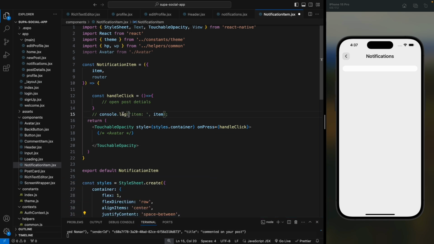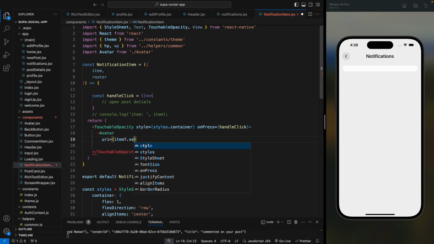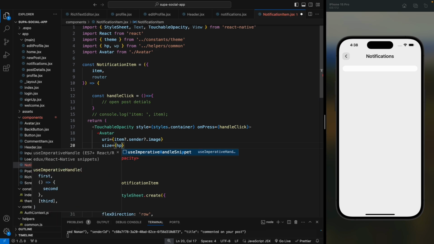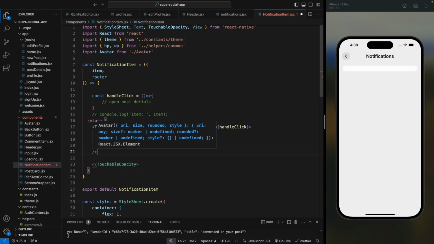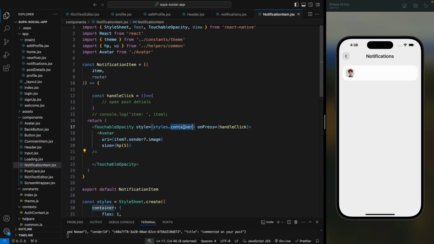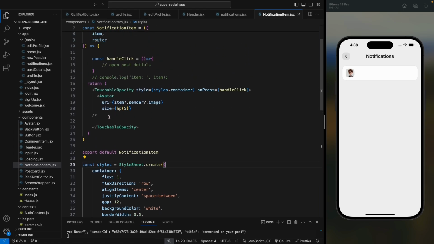So let's just comment this, and now we're gonna pass the URI of this sender image. So URI will be item.sender.image like this. Then let's add the size of HP5. Let's close this and save this. So now we can see the user image. Also, these are the container styles, so you can just pause the screen and copy them. Now let me just format this,